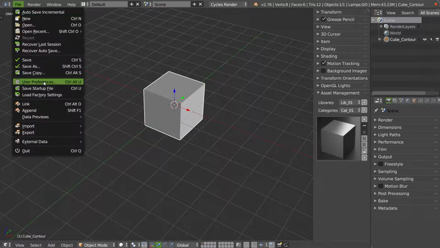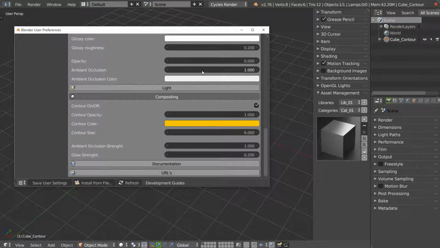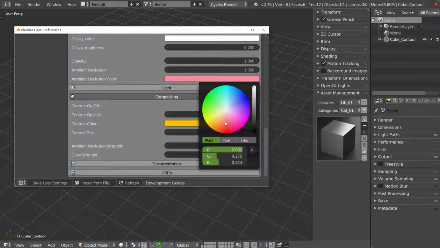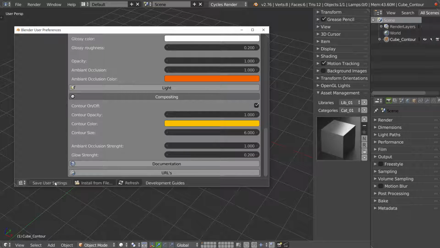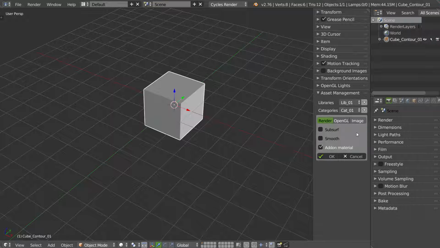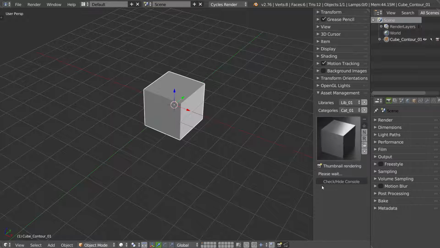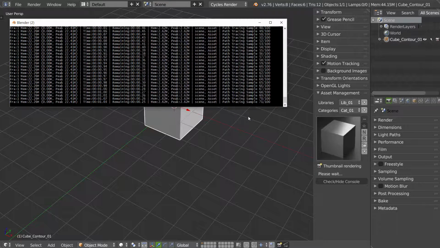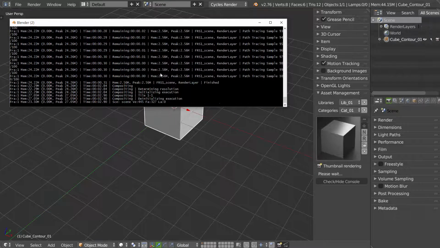If I add a ground, opacity to 1, I can change the color of the ground. I save it. I click contour 01. I click OK. Can check the console.